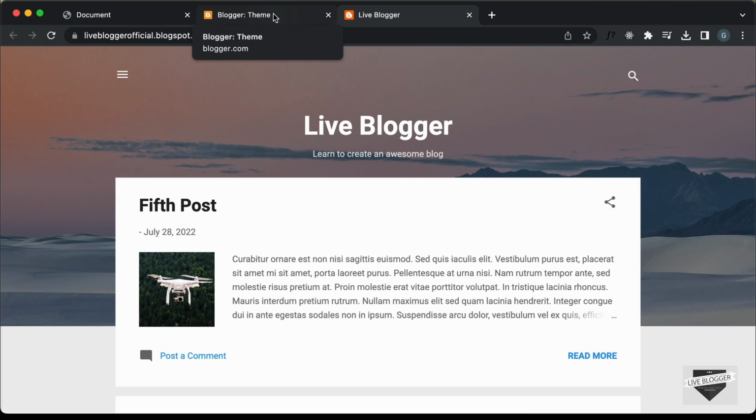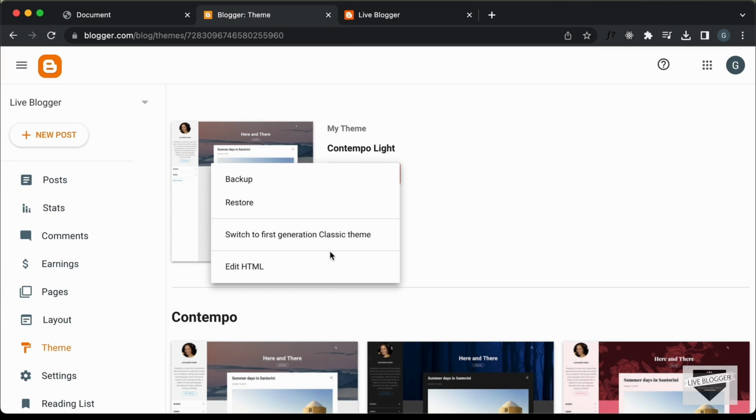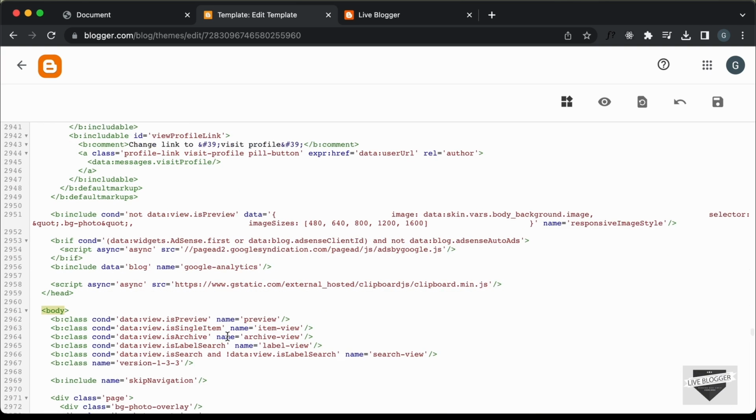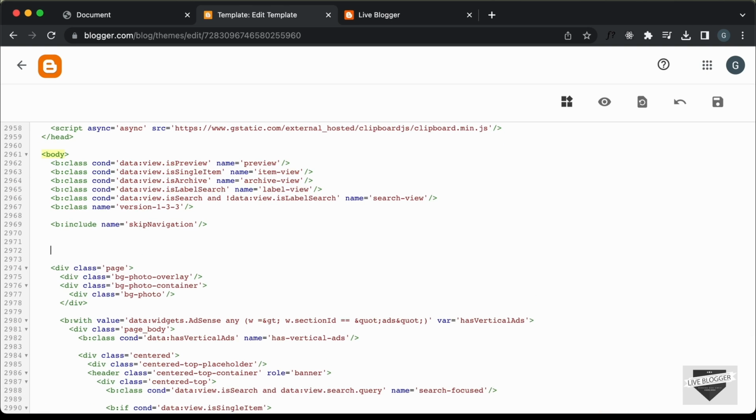We need to make some changes in the theme code. So let's go to theme, click on this arrow and click on edit HTML. Now let's go to the start of the body tag. I'll search for it over here by pressing Command F and typing less than body. Here we can see this is where the body starts, so here we can add our HTML code. If I just add some text, I'll type testing, and if I save this,